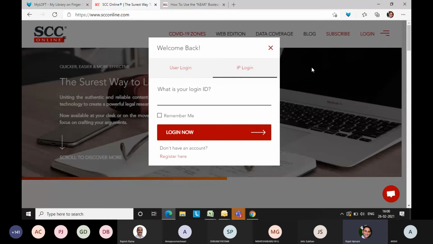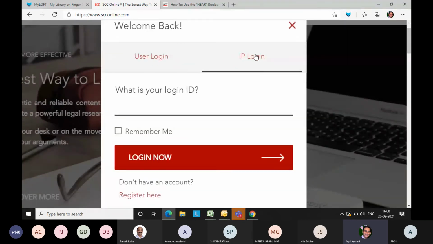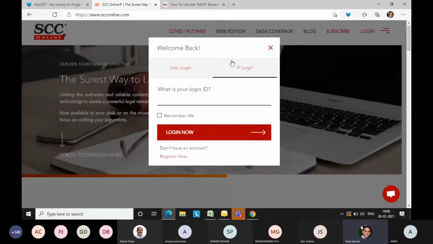I think your librarian must have provided you the remote access to access SCC Online and some other resources. So at home you can do that, provided you have to take care of one thing: you have to click on IP login, not the user login. If IP login is not coming, then you are missing the channel through which you should approach SCC Online.